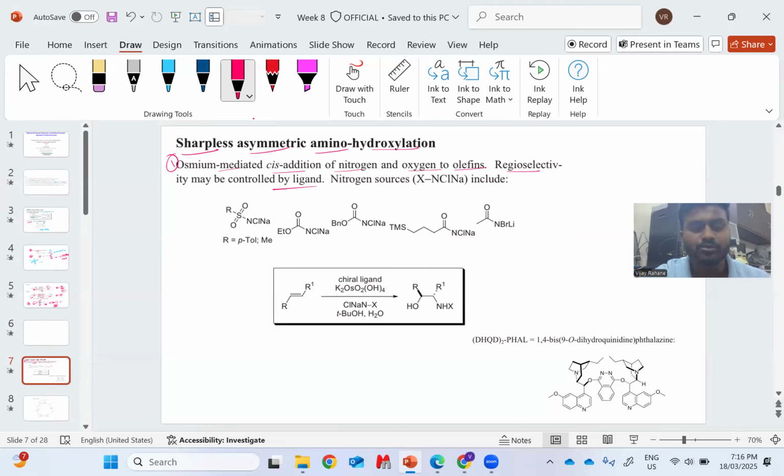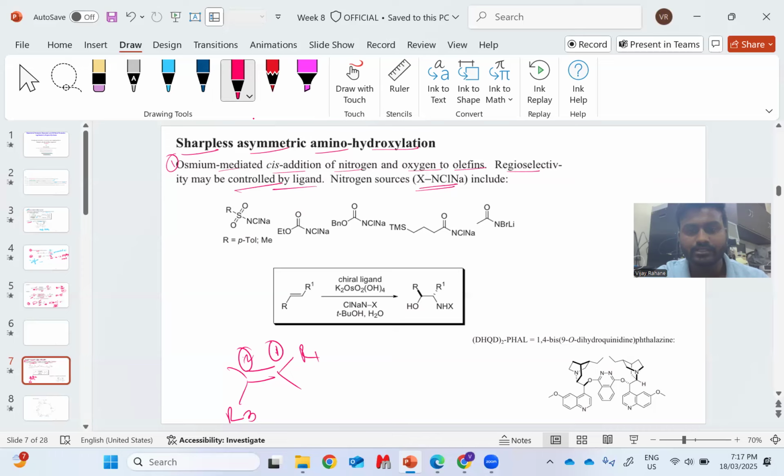In the previous case, at both positions, let's say this is R1 and this is R2, and this is the first carbon and this is the second carbon, at both the one and two positions, two hydroxyl groups are attached. But in this case, there are two different groups, one amino and one hydroxyl. So in this case, the regioselectivity is the issue. But if you look at different ligands, in some examples we get quite good regioselectivity, and this regioselectivity is generally controlled by the ligands. Further, the nitrogen sources